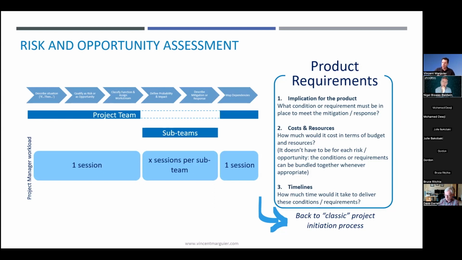So requirements can then be further detailed using tools and techniques like MoSCoW: must have, should have, could have, won't have, target product profile, etc. And that's where the project goes back onto the standard project management track.